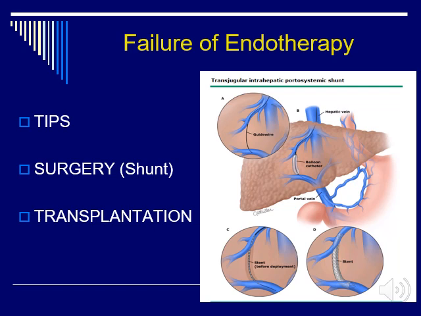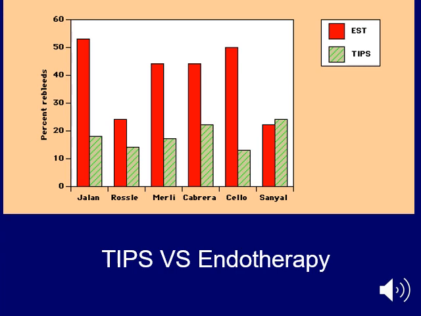The TIPS, which is the transjugular intrahepatic portosystemic shunt, the wire will go from the transjugular through the heart, to the right atrium, to the inferior vena cava, to the hepatic veins, and from the hepatic veins you get a guide wire through the liver substance to the portal branches, and then balloon dilate this tract, and then apply a stent that will pass from the systemic to the portal circulation, so it will be an intrahepatic portosystemic stent shunt. The stent is better than endotherapy, but the problem is the